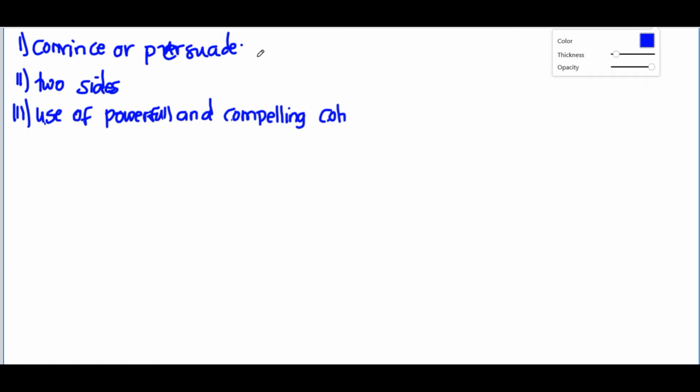So what do we mean by this? So here is where you come up with maybe sentences, phrases, something that you can use to make someone agree